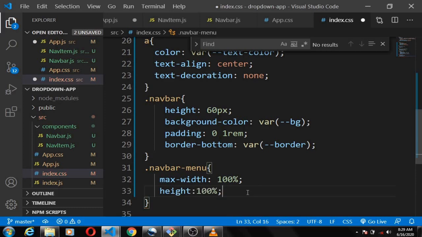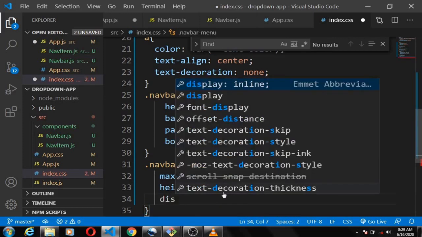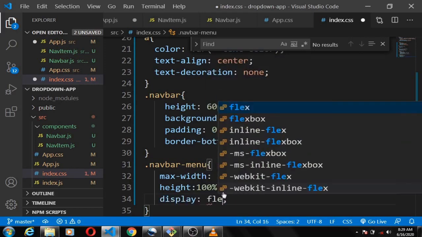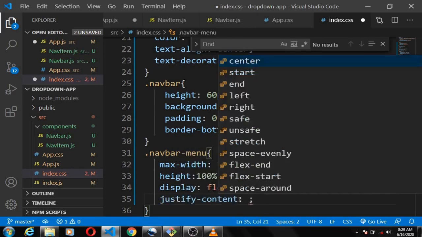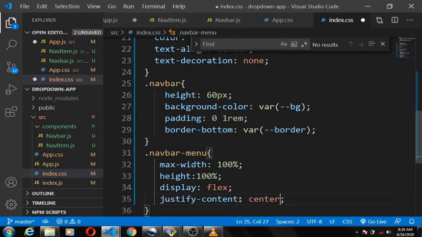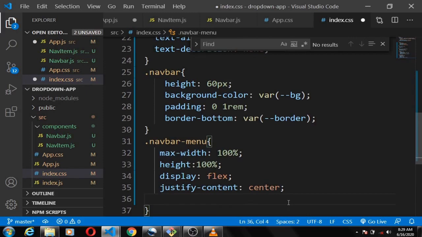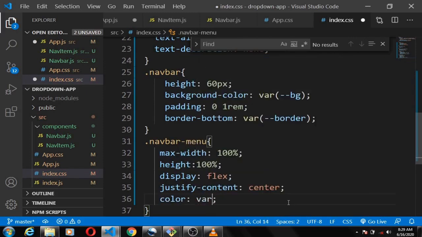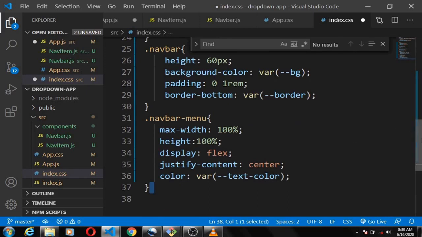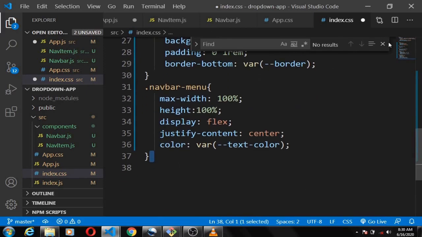We want it to take 100% of the parent container, which is the navbar, and we're also giving it display flex, justify-content center. So we are specifying a color, which will be a variable. So I want to take our text color. Alright, so these are the styles for the nav menu,